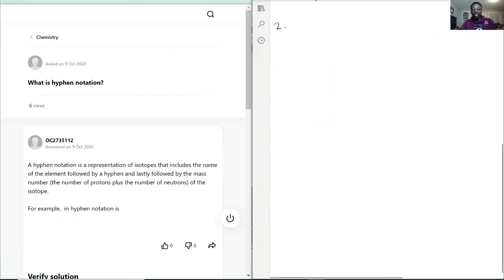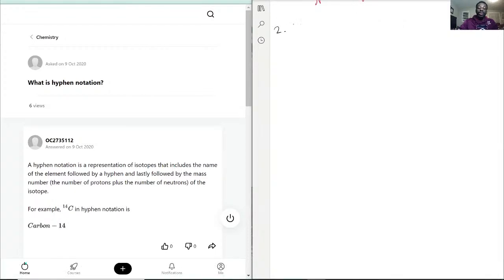What is hyphen notation? Good point. So, hyphen notation, there we go. Okay, it is another notation form for isotopes. That's key, because the other notation form, I believe I discussed in one of my other videos,